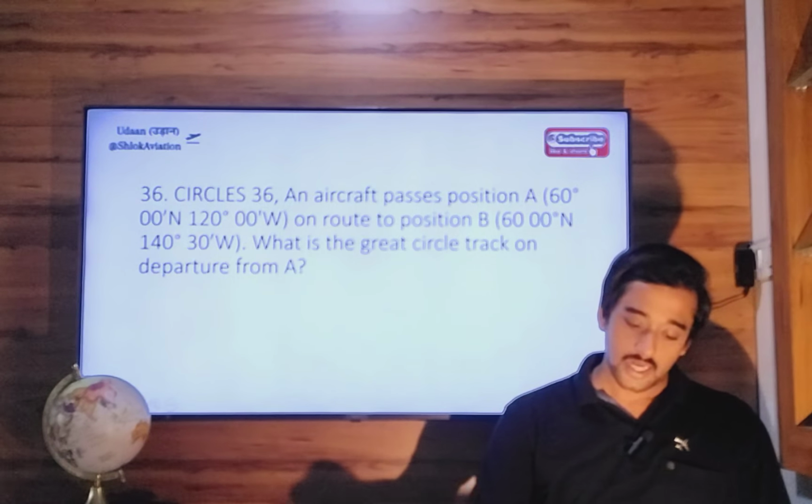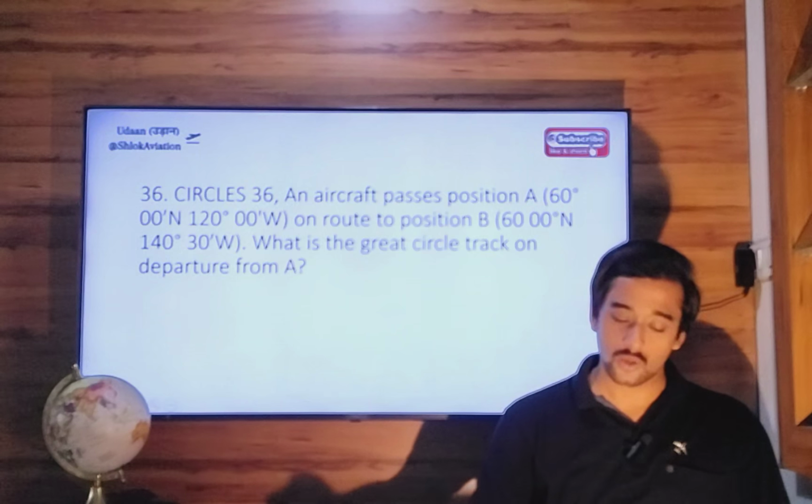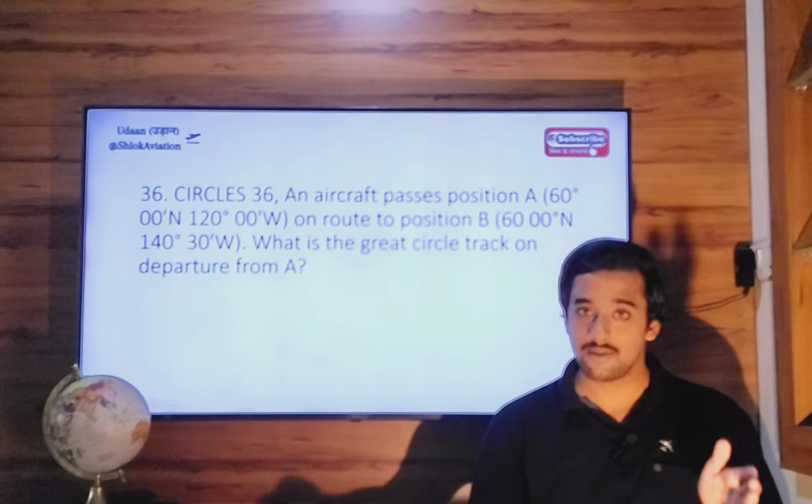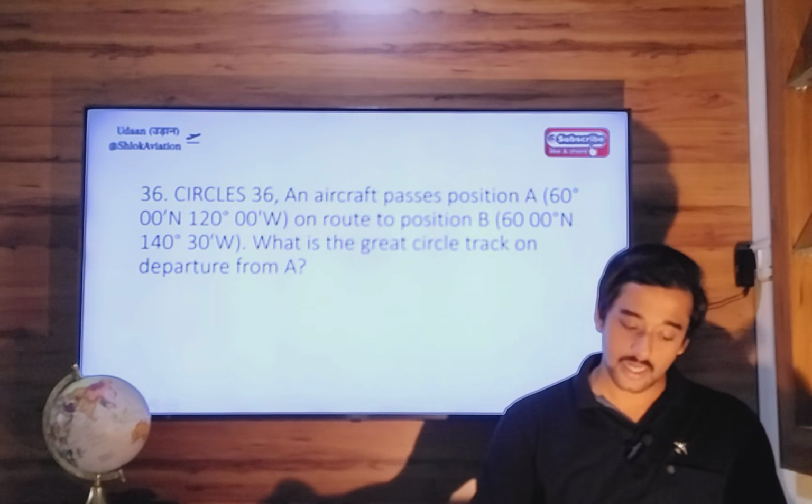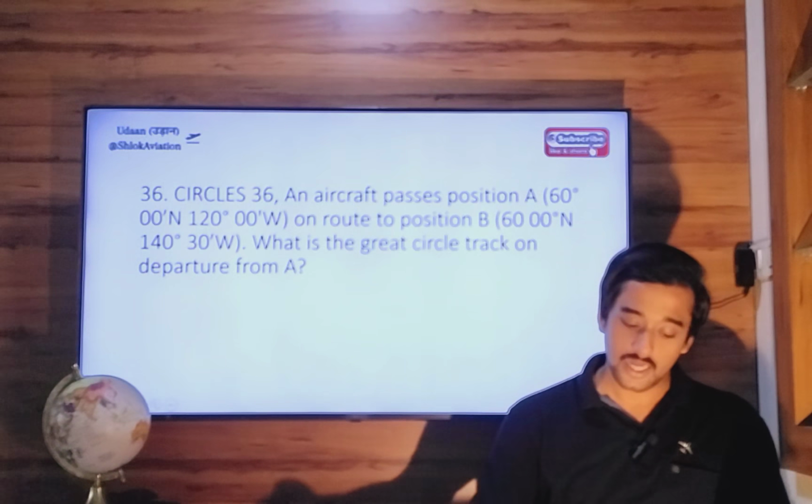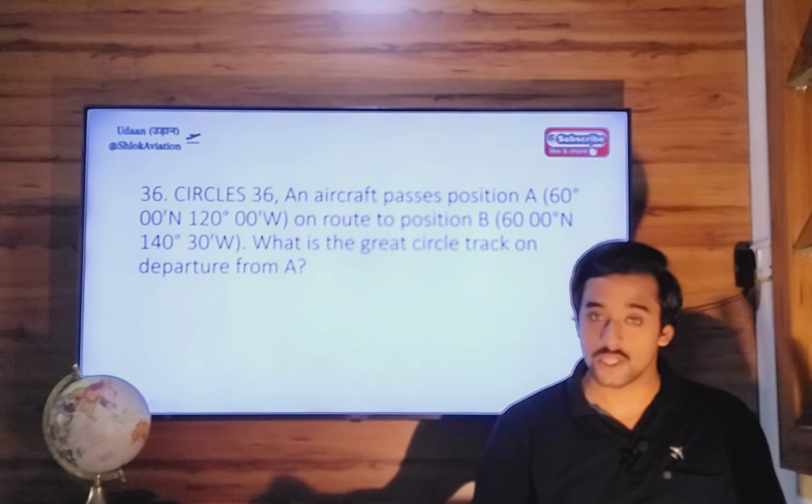Next, aircraft passes position A 60 north 120 west towards position B, which is located on the same latitude, 140 degrees 30 minutes west. What is the great circle track at the point of origin? Okay, at departure. So